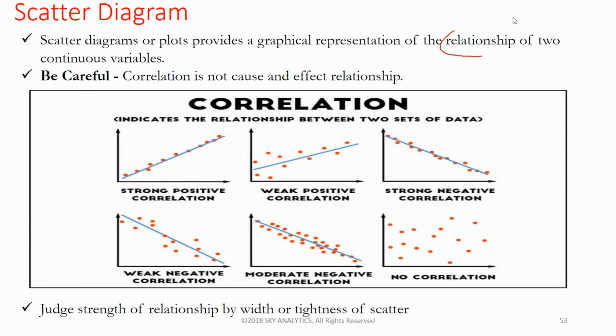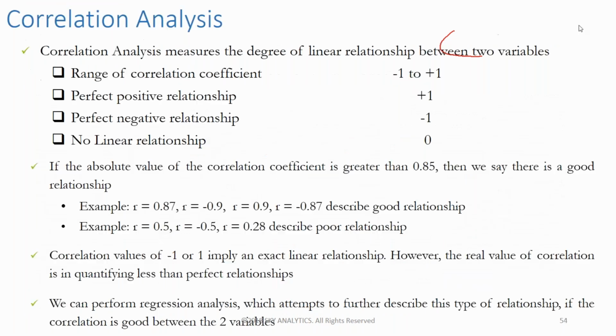Okay, let me go to the next slide. By seeing this plot, you can say it is positive or negative, or you can tell it as strong positive, strong negative, or moderate positive or moderate negative. But when it comes to correlation analysis, you should prove it objectively with some values. So in order to understand this, there is something called correlation analysis.